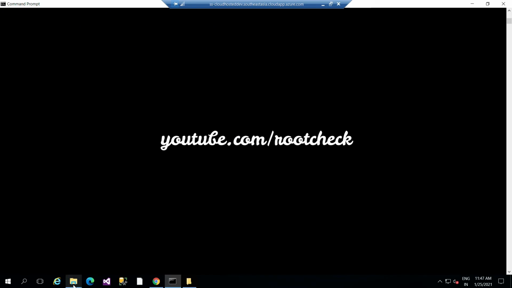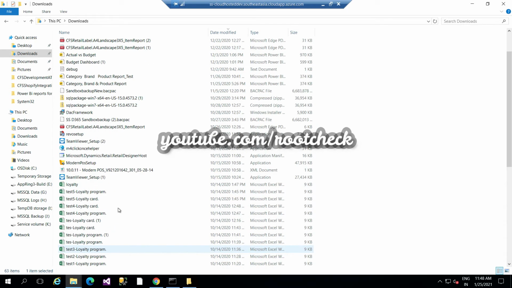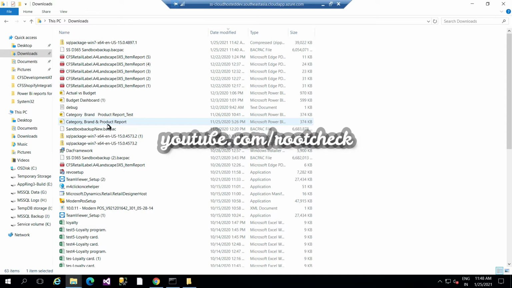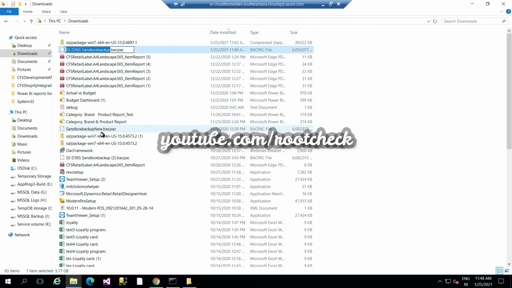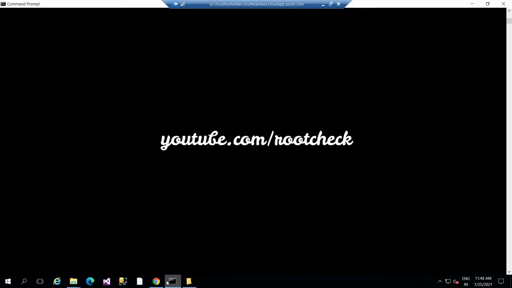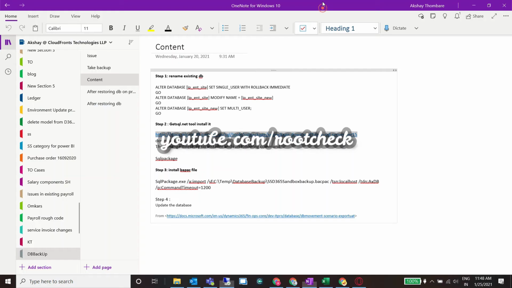Just go back to the database file, and if you want to rename it or relocate it, you can relocate it, otherwise it is fine. So here is my file. I am renaming it for my understanding. After this, open the command prompt. Before that, what you can do is try to paste the whole command in Notepad.